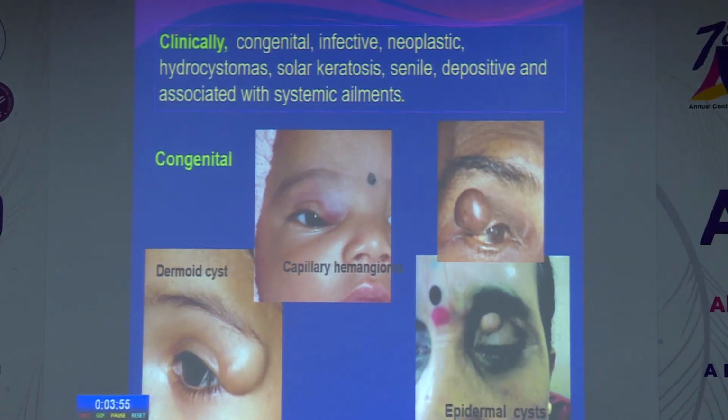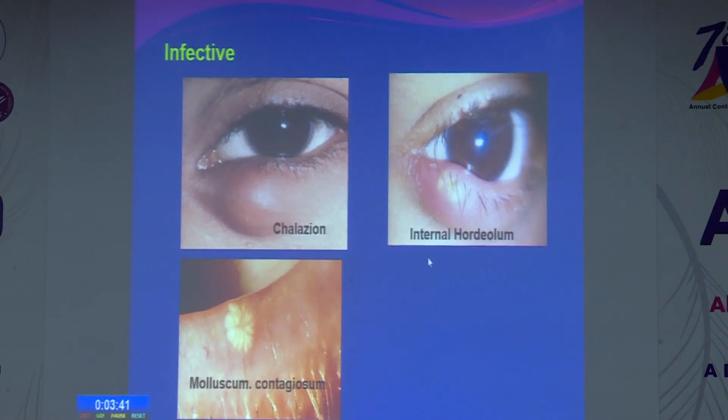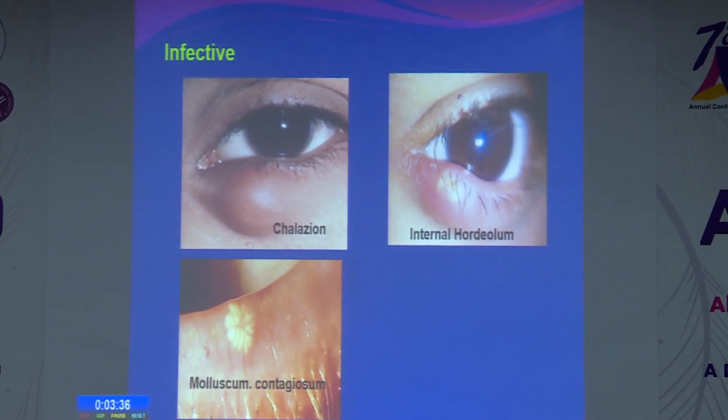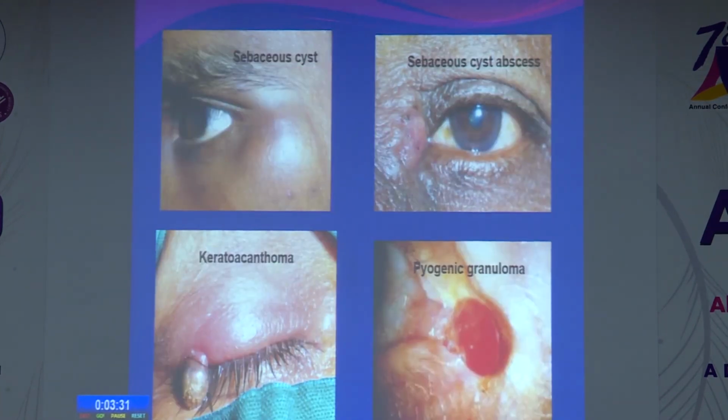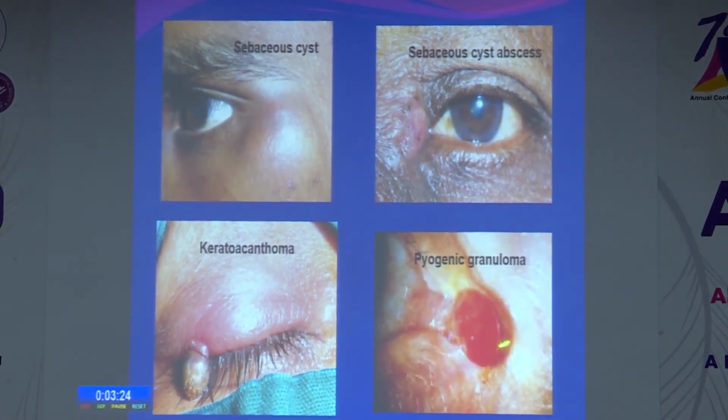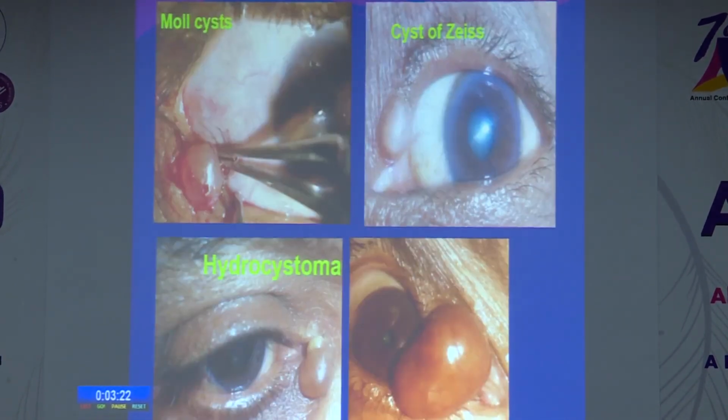A congenital subcutaneous mass at the tail end of the eyebrow is a dermoid cyst; a reddish purple mass which blanches on pressure in a child of less than a year old is a capillary hemangioma; an epidermal cyst which poses like chalazion; the infected lesions, acute internal hordeolum, external hordeolum, the chronic chalazion; the dome-shaped pearly white appearance of molluscum contagiosum; sebaceous cyst; the hyperkeratotic nodule within a crater called keratoacanthoma; exuberant granulation tissue of pyogenic granuloma;